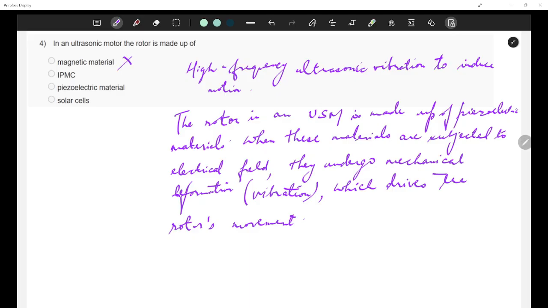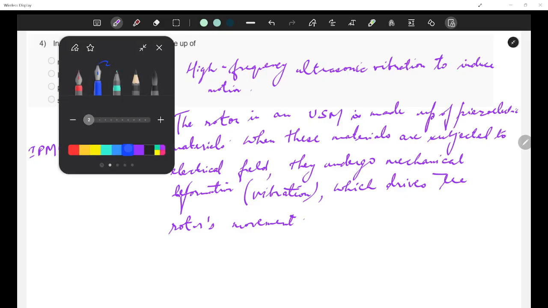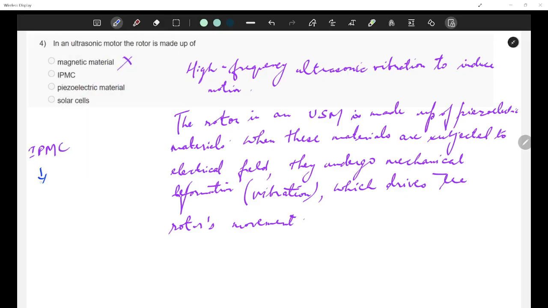The second option is IPMC. What is IPMC? IPMC is ionic polymer metal composite. So this basically works on the polarization of charge.